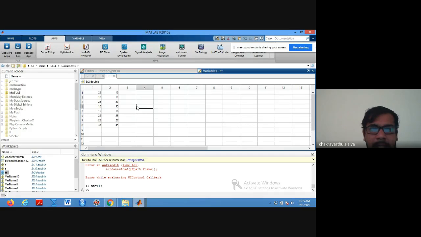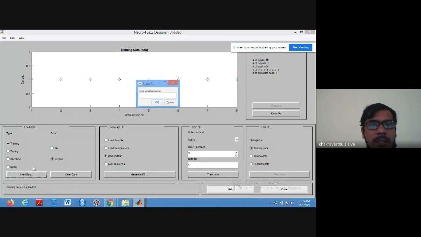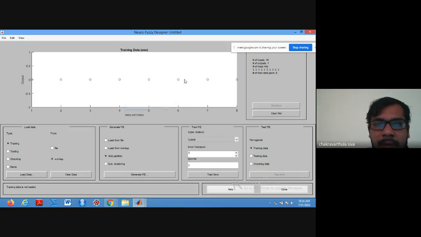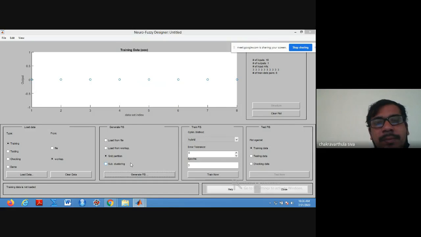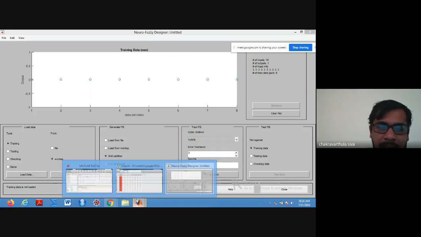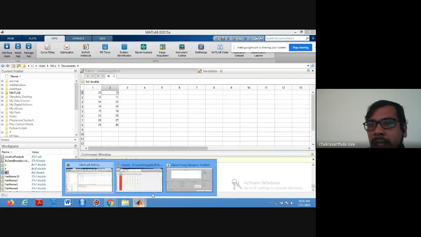Yeah, we got the data, right? So tt now, so we can have another input data like tt. New data is loaded. The number of inputs. Okay, then generate FIS. Actually, sorry. Whatever data we have given initially, here itself we have two kinds of data. The first data is taken as input data, and this one is taken as output data. We can get it from here: the number of inputs is 10, number of outputs is 1.